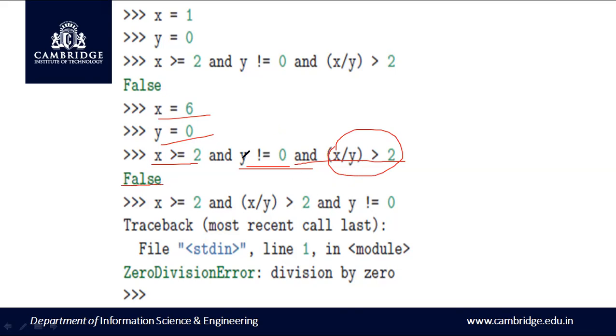If we don't include this guardian pattern, or suppose we exchange the order of the guardian pattern, then we get the division by 0 error, because it has to evaluate each one of the expressions. That is why the guardian pattern is very important, and the placement of the guardian pattern is also important for short circuit evaluation of logical expressions.